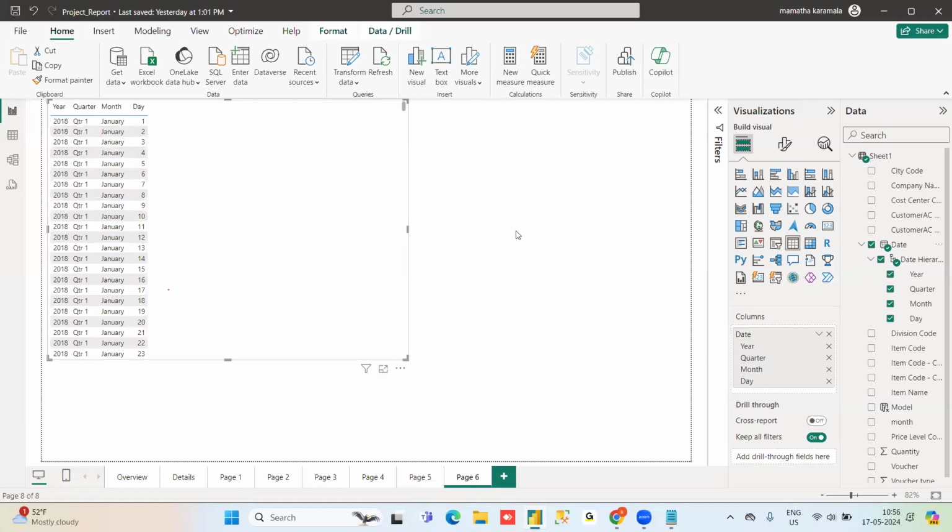Date means how you normally write a date, like today's date is 17/05/2024. I want it in a single column. I don't want to represent my data like this, especially in a table visualization. How to do that? That's your requirement. Go to data type, we can take the one which doesn't have a hierarchy, or you can choose the format option.